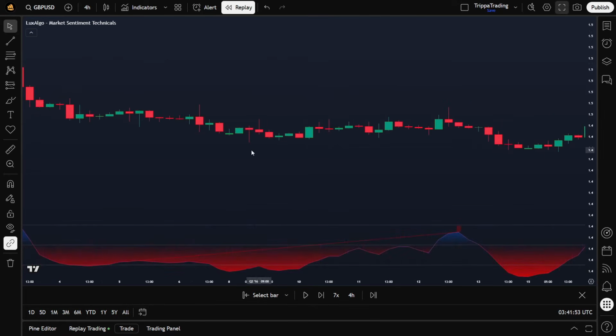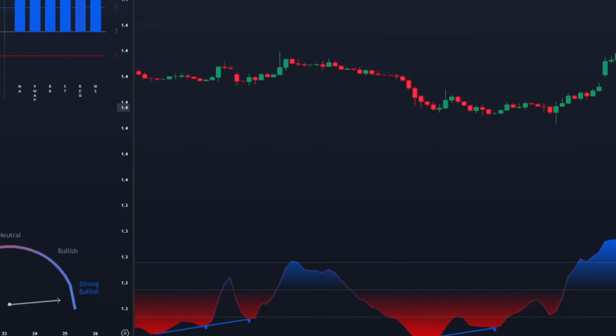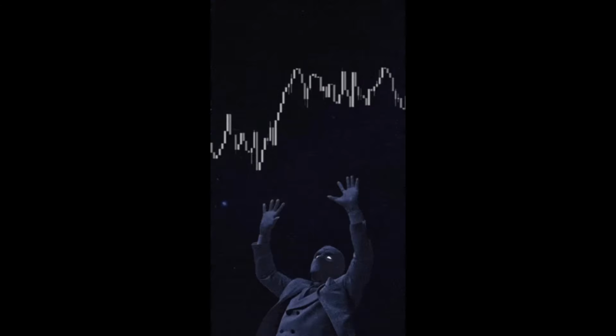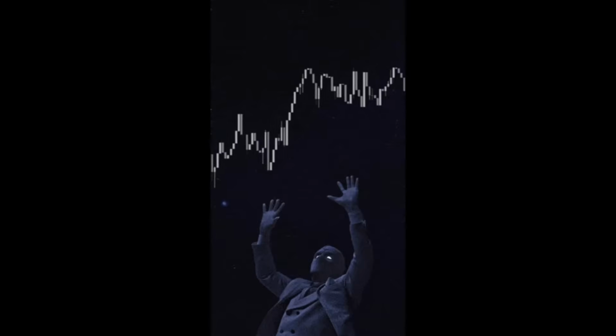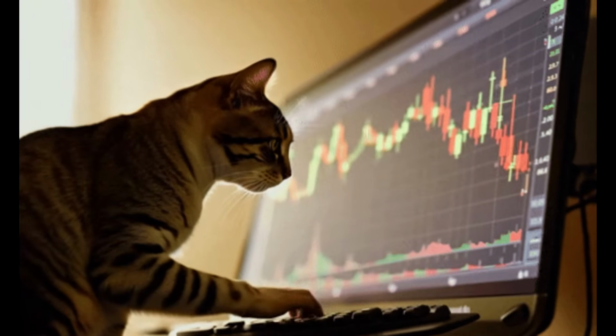Sometimes the hardest part of trading isn't spotting a setup. It's knowing what kind of market you're actually in. Is it trending? Is it consolidating? Are we in a momentum burst or a slowdown phase? Most traders lose money not because their strategy is bad, but because they use the wrong tools in the wrong